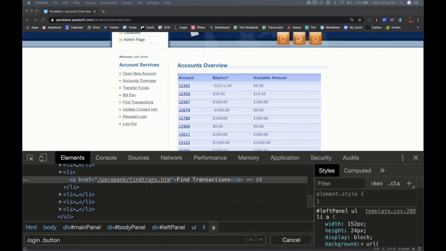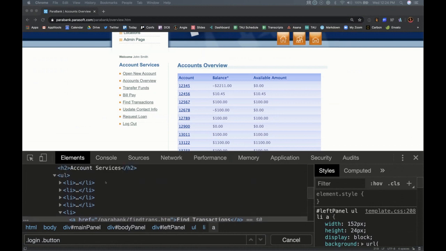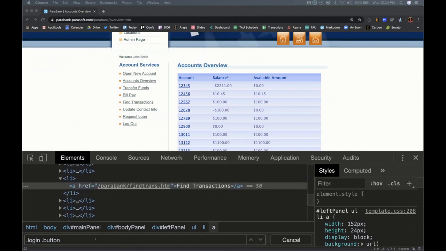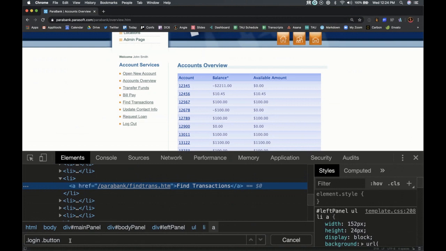All right, so this one, none of these things have an identifier. So I'm going to use link text. Not my favorite locator, but we'll use it for the purpose of this. One thing to keep in mind though is that if your application is translated, this is in English, and so hard coding that in your code could lead to problems.